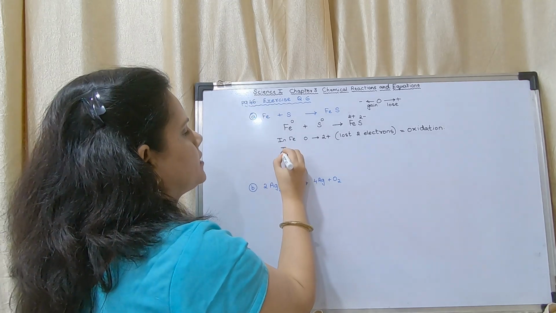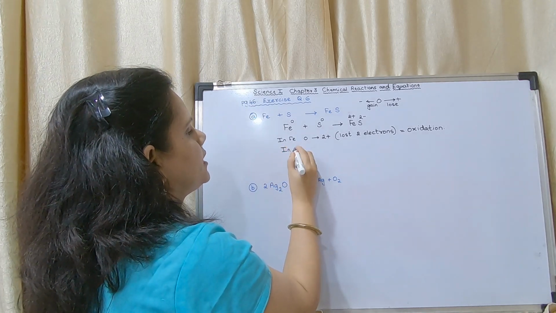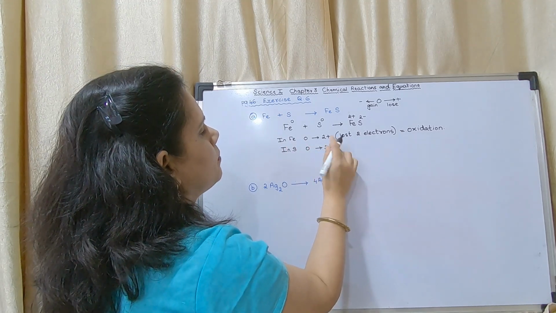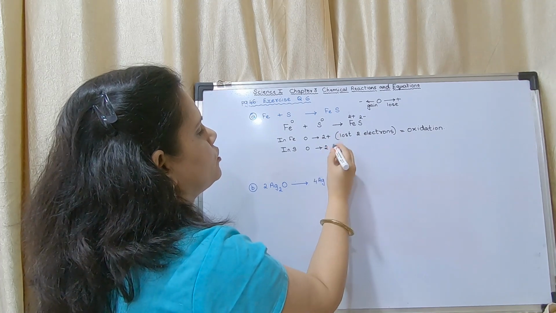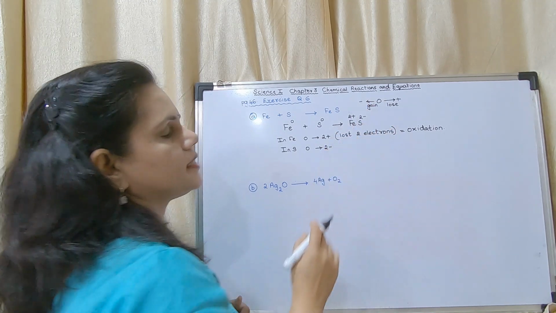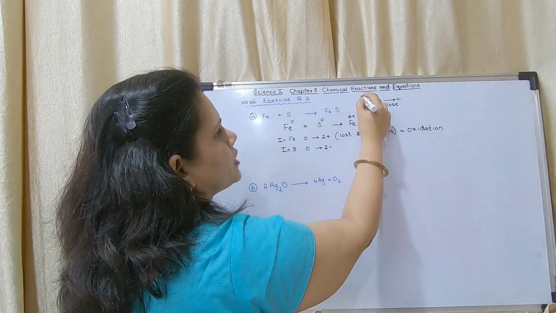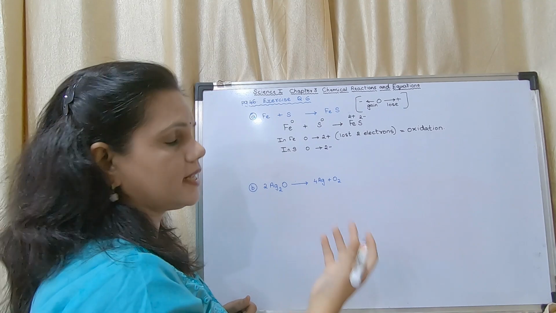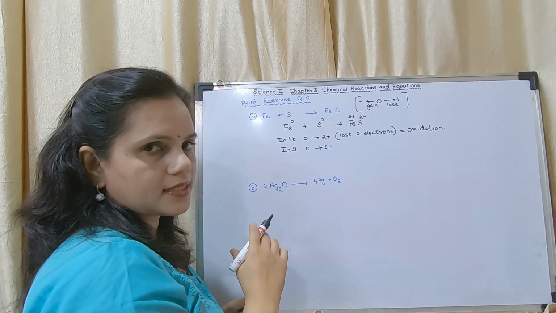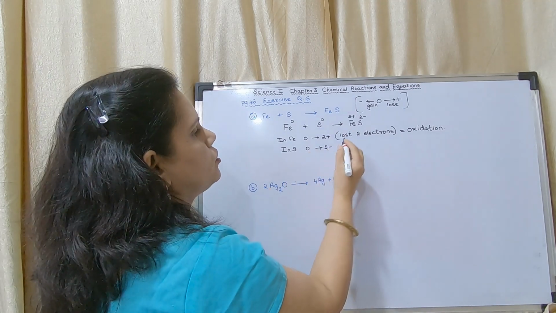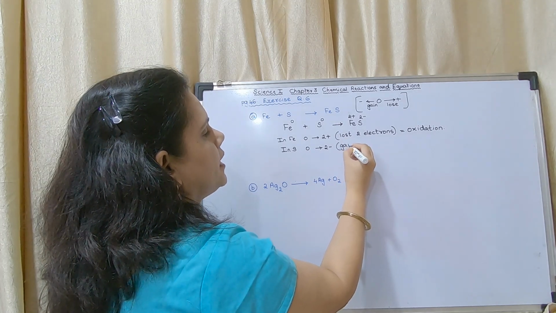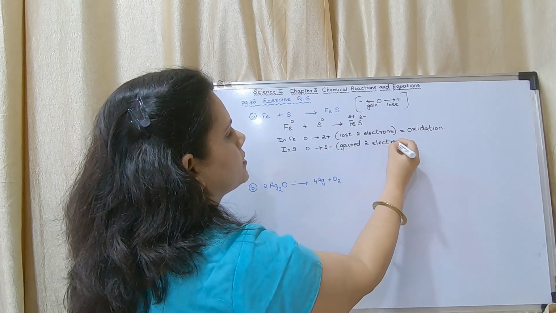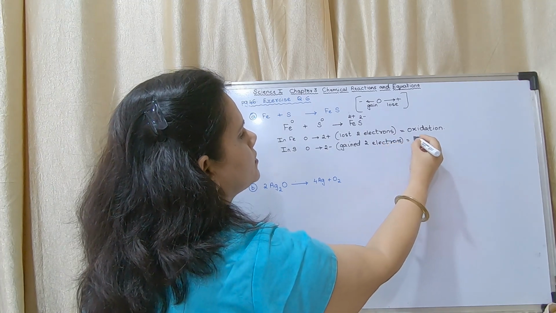What about S? In S, that is sulfur, 0 is getting converted into 2 minus. Minus means it is gaining. Okay, this I had explained it earlier. It is 0 to plus, it is losing electron. 0 to minus, it is gaining electron. Here 0 to 2 minus, it has gained 2 electrons. So it is reduction.